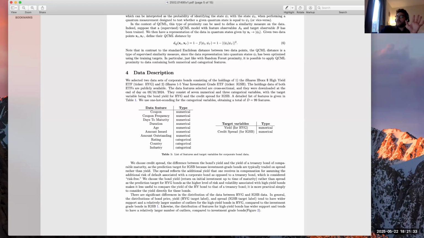Typically high yield bonds trade on yield, which is essentially just the return to maturity. Whereas investment grade bonds, which are bonds with better credit ratings, typically have lower yields because there's less risk, so there's less compensation in terms of return required by the investor or the lender. Those bonds are actually traded not directly on yield, but instead on credit spread, which